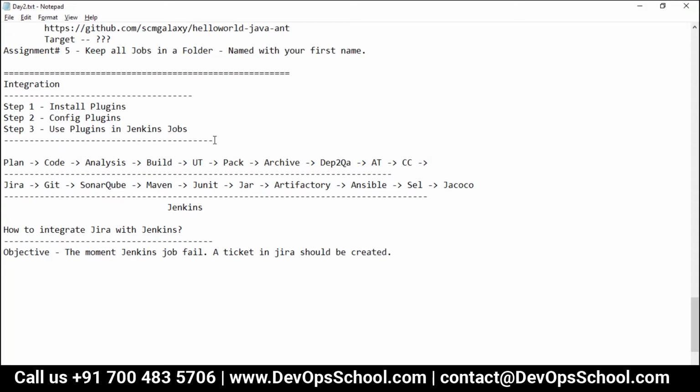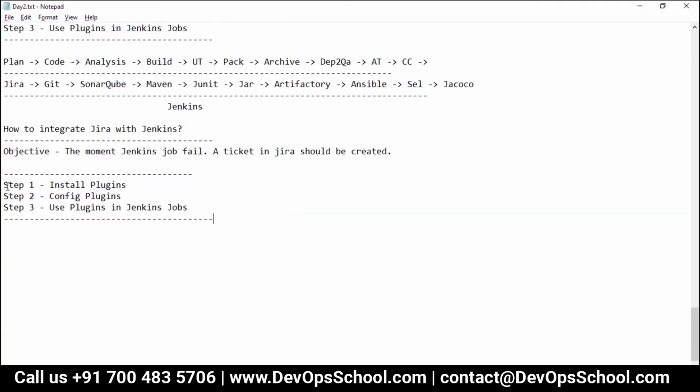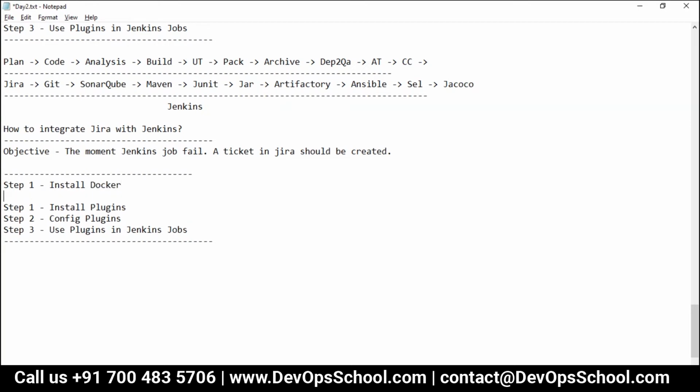And for that, I am going to do the same thing. Step number one, install Docker, which you have seen. I'm not going to explain it. Get the Jira application running. You know that with the help of Docker, you can get the Jira application running within a second. Now you can understand the power of it.